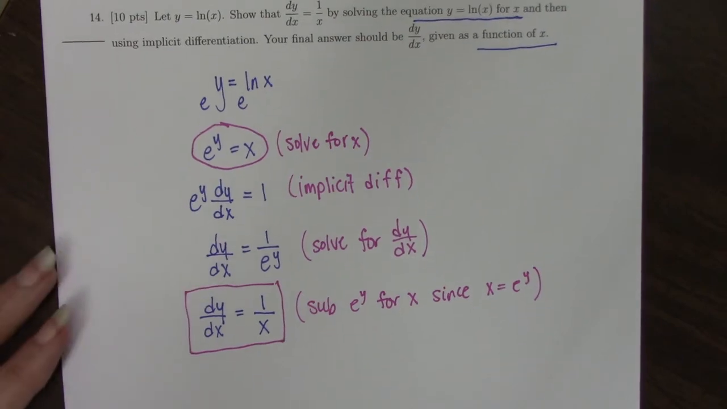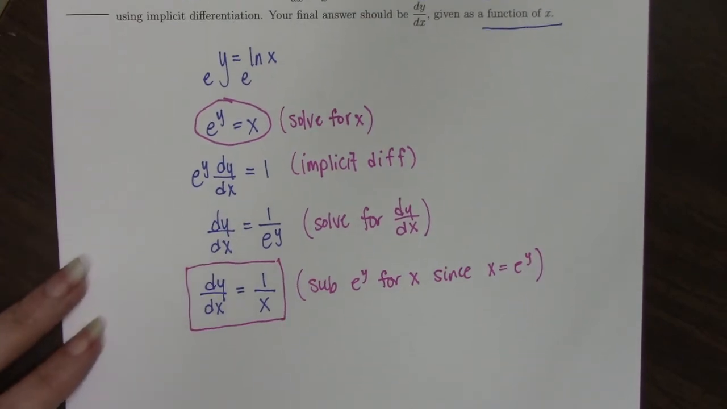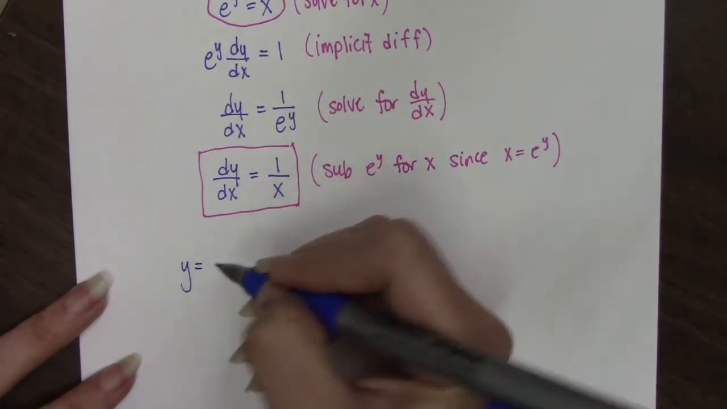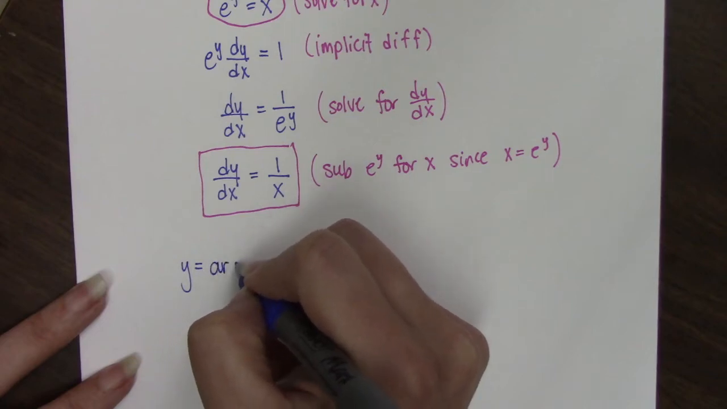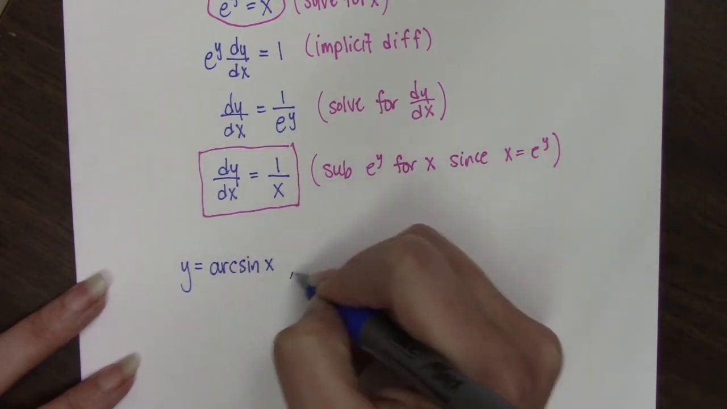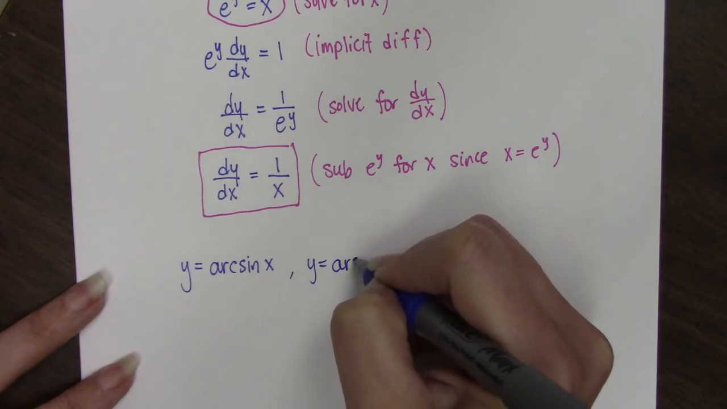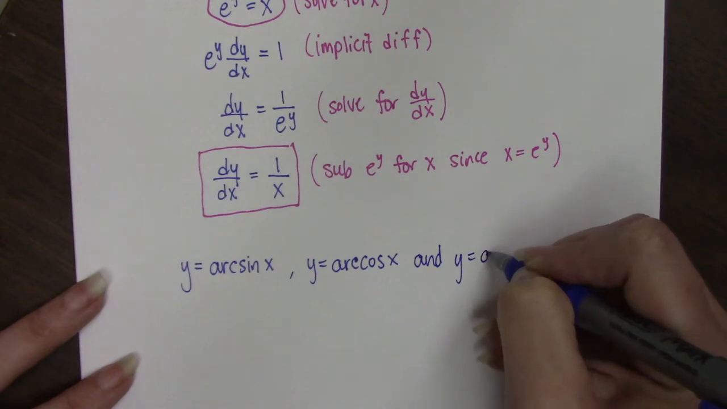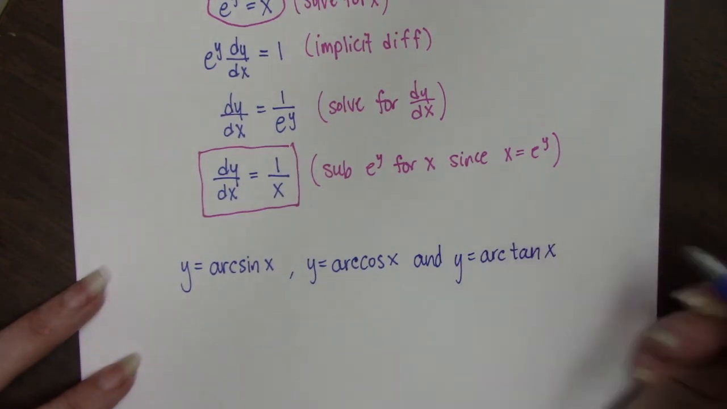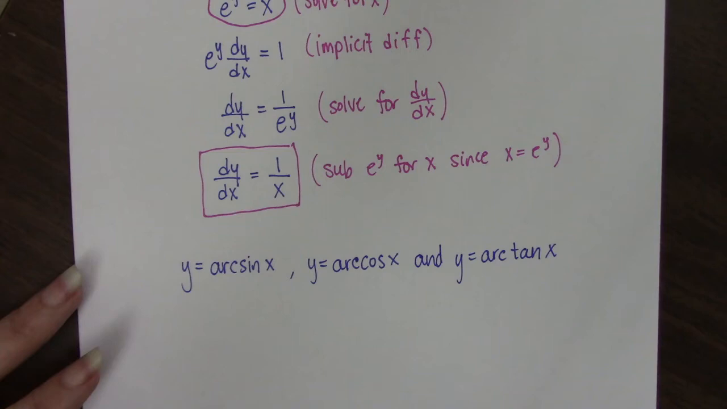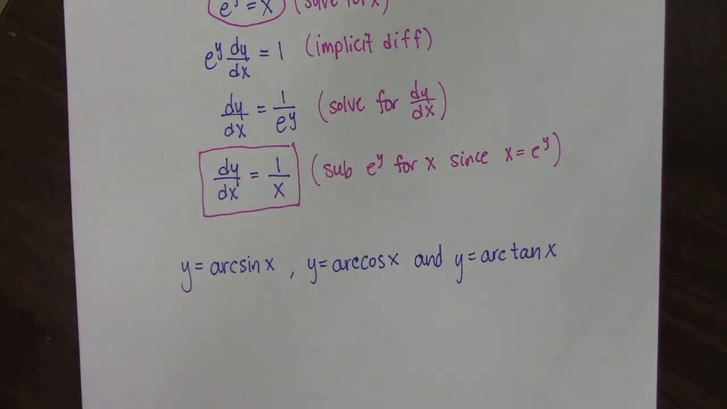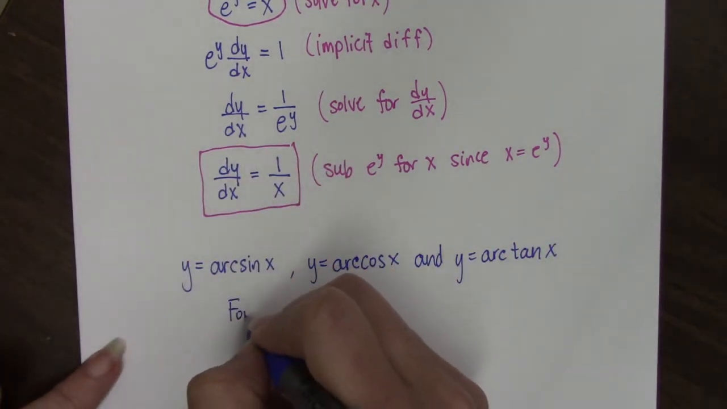So there are 3 other functions that you're responsible for knowing how to do these steps on. We could do it for the function y equals arc sine of x, y equals arc cosine of x, and y equals arc tan of x. So it's a very similar structure. You solve for x, use implicit differentiation, solve for dy dx, but on the substitution step,